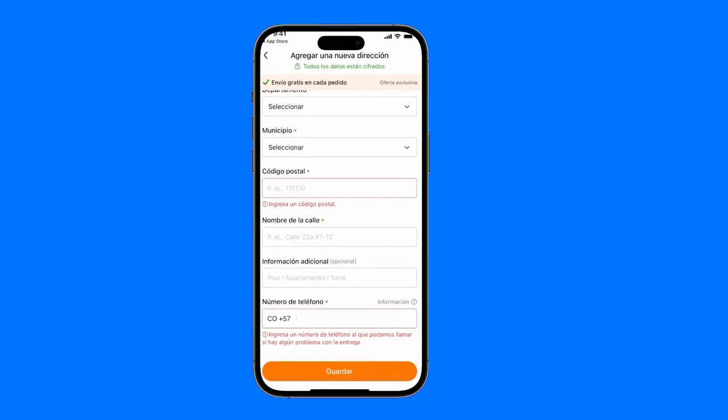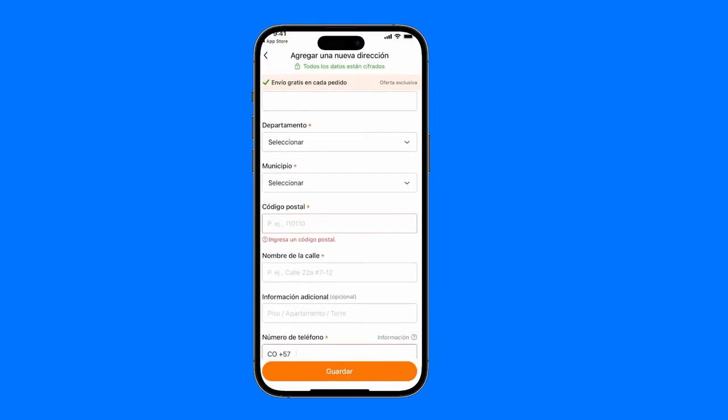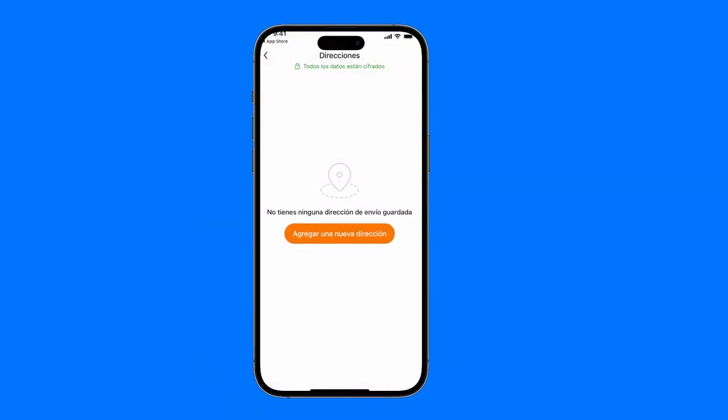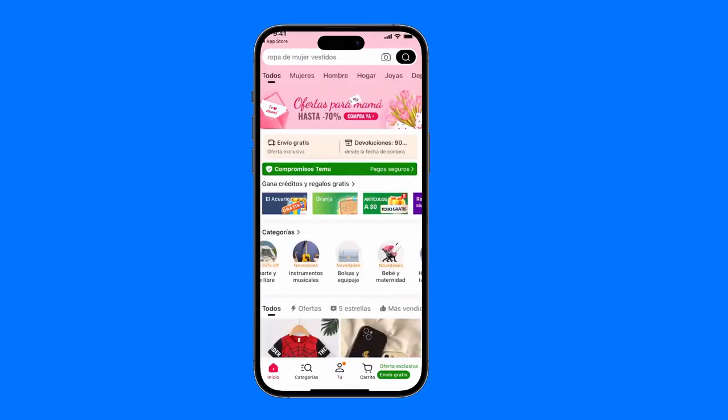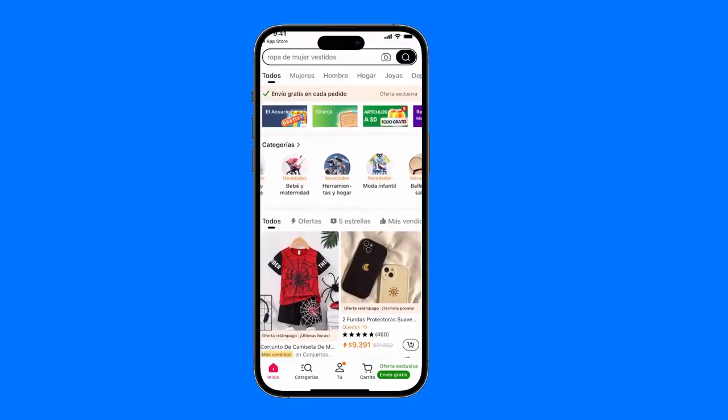Alright, once you have everything fully set up, take a look at the top where it indicates free shipping on every single order. That's truly spectacular. Why? Because as it explicitly states, we have complimentary shipping on all orders regardless of which one it is. Now, after we have configured the address, in my situation I did not complete it, but for you,